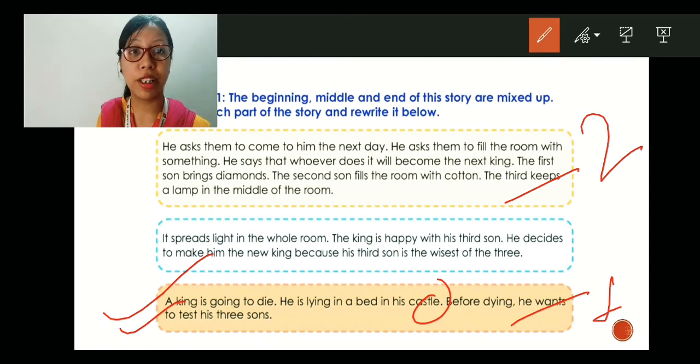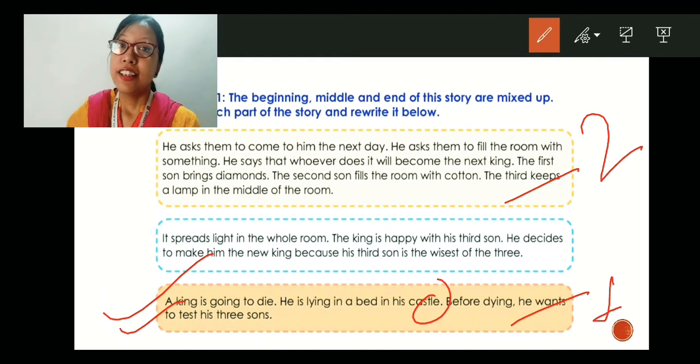He asked them to come to him the next day. He asked them to fill the room with something. He says that whoever does it will become the next king. The first son brings diamond, the second son fills the room with cotton, and the third keeps a lamp in the middle of the room. So,